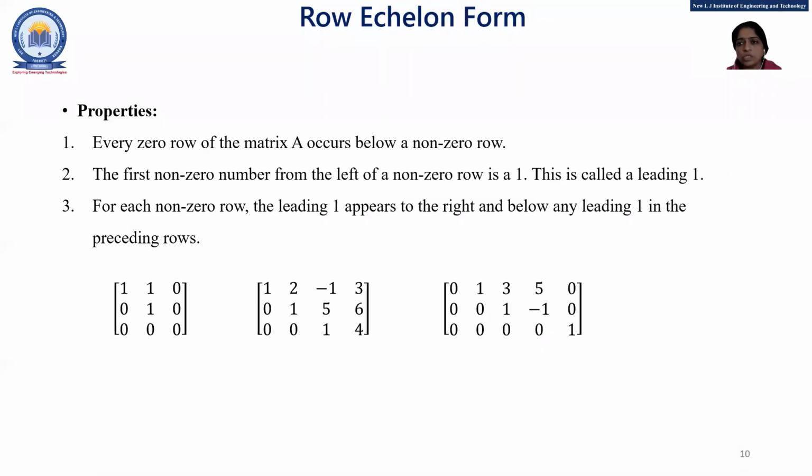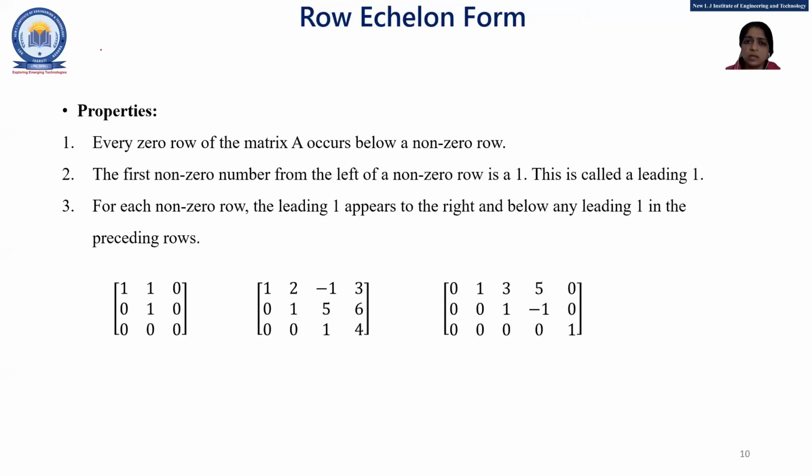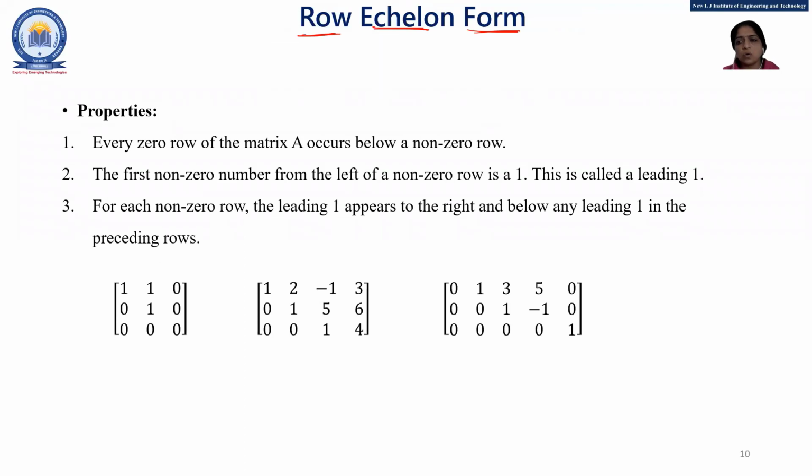Now, the most important thing for this chapter, that is row echelon form, and the next one is reduced row echelon form. Listen, students, this is the most important, row echelon form, and the next is reduced row echelon form, right? And listen carefully, in this chapter all the topics are correlated with each other. So if you skip one topic, you can't understand the other one. So please try to listen and understand every topic.